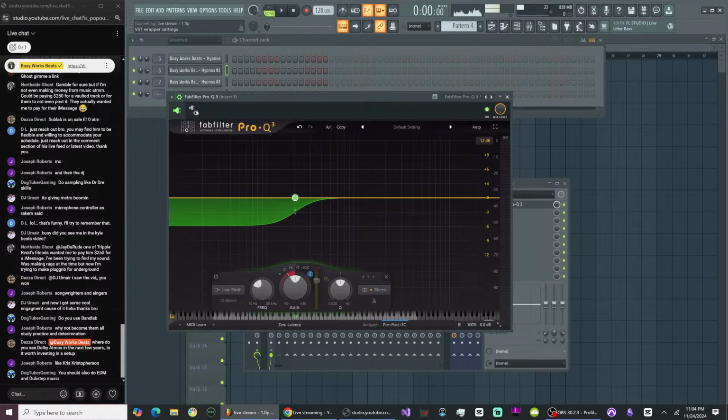What's the difference between trap and drill? Trap is really, drill is like the snare, the hi-hat placement. So it goes ta ta ta ta ta ta ta ta ta ta like that, and it's at 144 BPM. Trap doesn't necessarily use that rhythm. We can do a drill beat later, maybe.